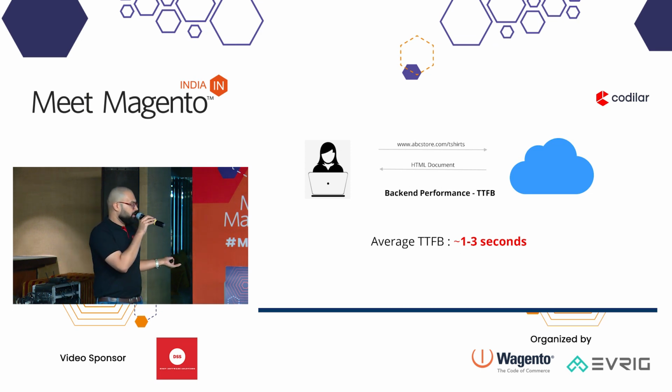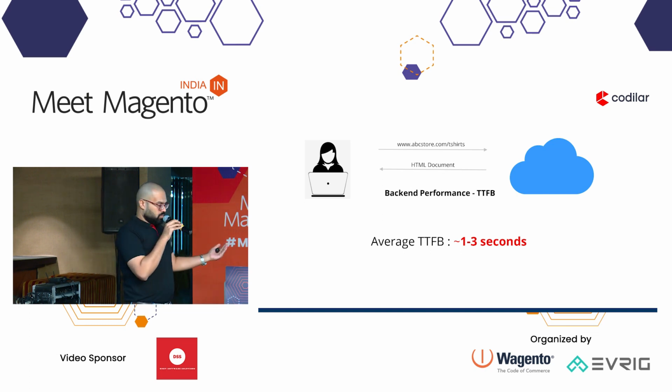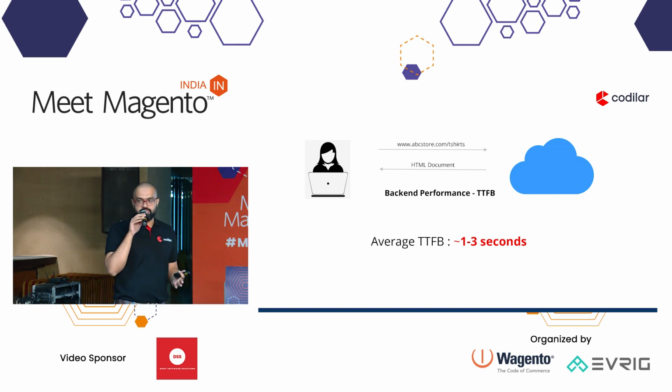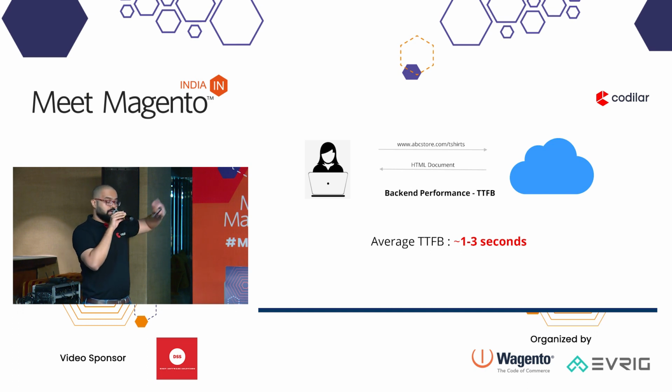That's why Google has been coming up with a lot of metrics. So now they have Core Web Vitals, which is your LCP, largest contentful paint, and CLS, cumulative layout shift, and FID, which is first input delay. Okay, I'm not going into all of that because my solution does not need you to know any of these